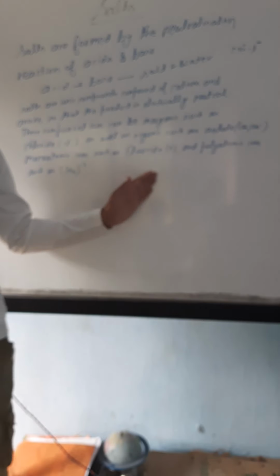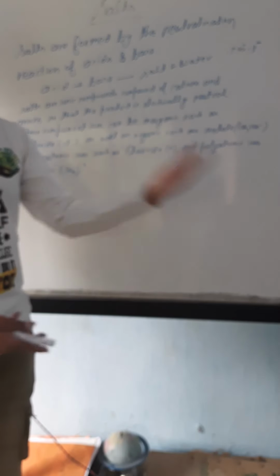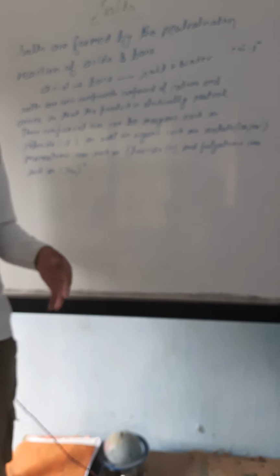Sometimes they have monoatomic ions, single atoms, such as fluoride. And sometimes they have polyatomic ions, like SO4 2 negative. This is SO4, a polyatomic ion. So salts might have polyatomic ions, monoatomic ions, inorganic ions, and organic ions also. Just note it down.